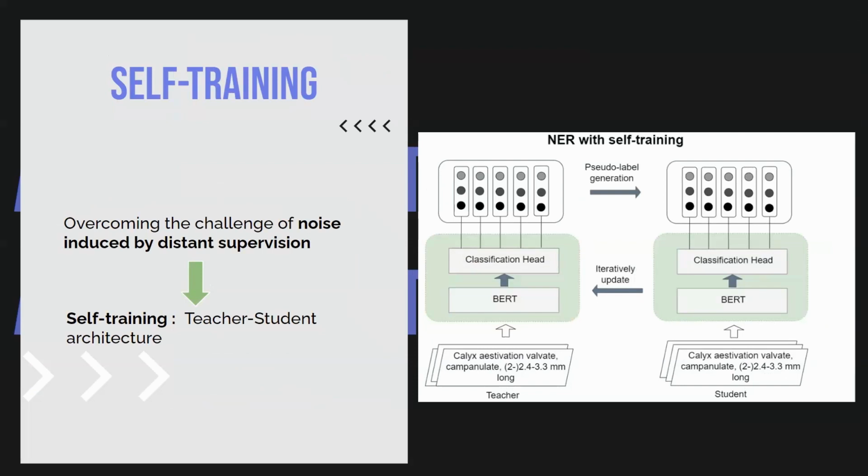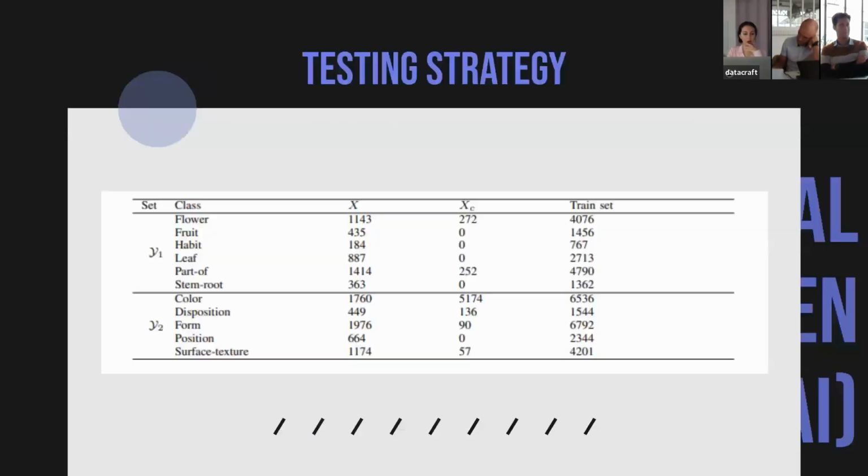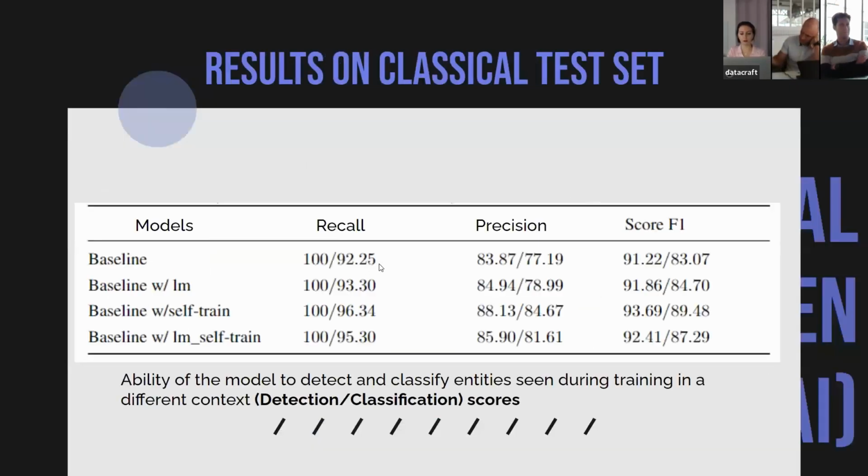I'm just curious about the choices that you had before you chose this way of training. Actually, what we have tested is our baseline. We have the baseline model, the model with a pre-trained language model, the model with some self-training, and the combination of both. And I've also worked on a deterministic module that I add to the outputs of the baseline,